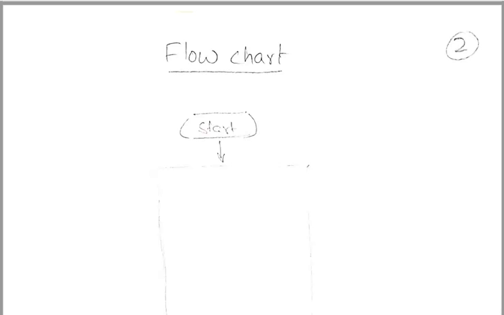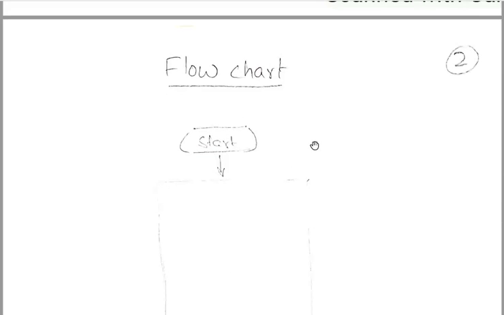On page number 2, you are going to write flow chart. Don't write this number 2. You are going to write the flow chart with start and all the steps required, all the parts of the diagram of the flow chart until stop. If it is completed in one page, that is perfectly fine, or you can just continue on to the next page. So the flowchart you can start on page 2. If it completes on page 2, that is very well. If your flowchart is going beyond one page, just write the rest of the flowchart on page number 3.